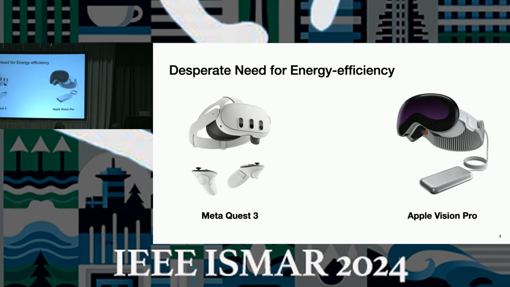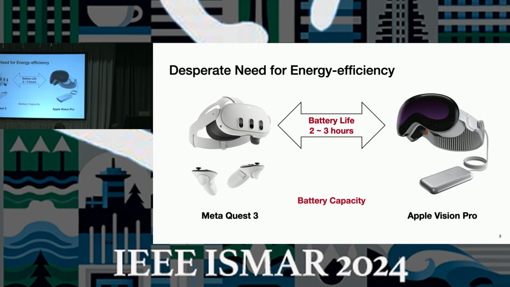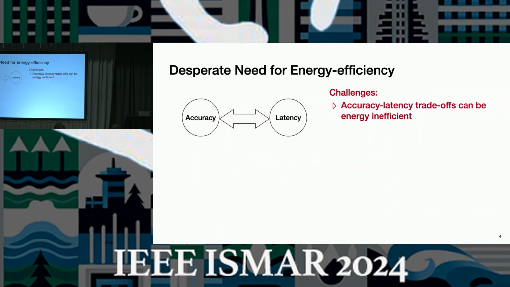Let's take two representative examples. Both Quest 3 and Vision Pro can only maintain a minimum of 2 to 3 hours of operating time, while the much newer Vision Pro even has a tethered battery with about double the capacity due to the increasingly intensive computation workloads. Using double the capacity for roughly the same amount of operating time shows a desperate need for energy and thus for energy efficiency. However,